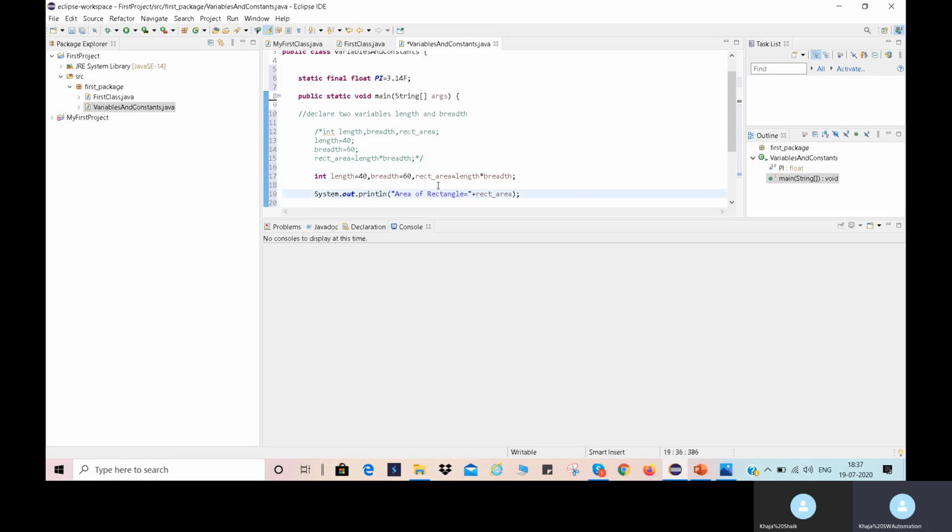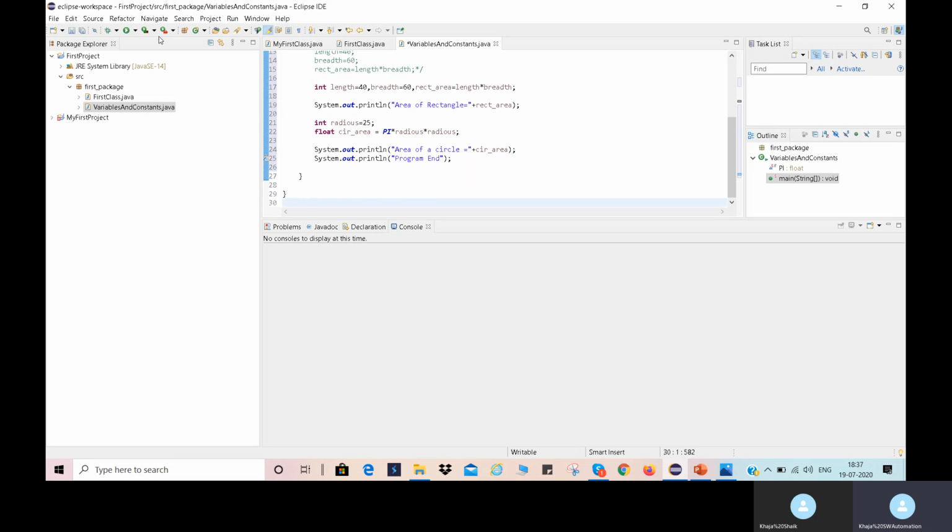Now let's execute this program. In order to execute, you need to save here, though even without saving we can run. To execute a Java program in Eclipse, we can click on the run button or the arrow symbol, and choose run as Java application.